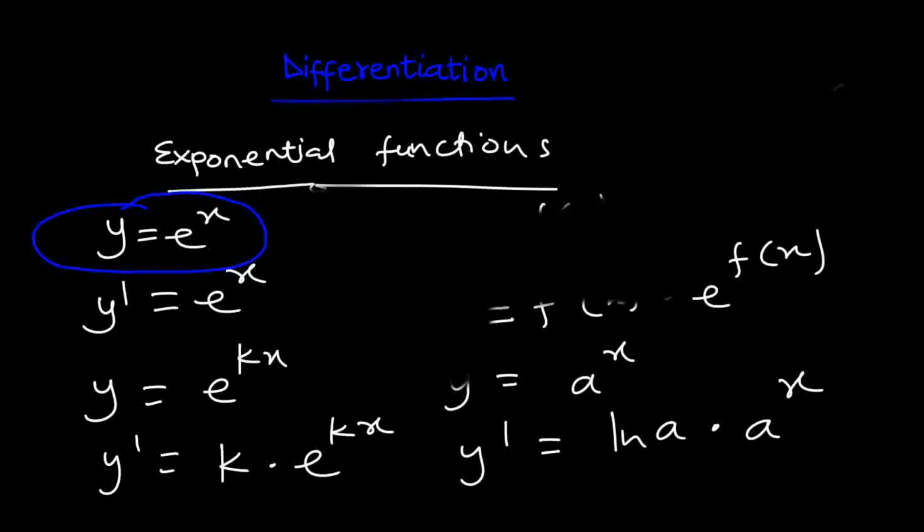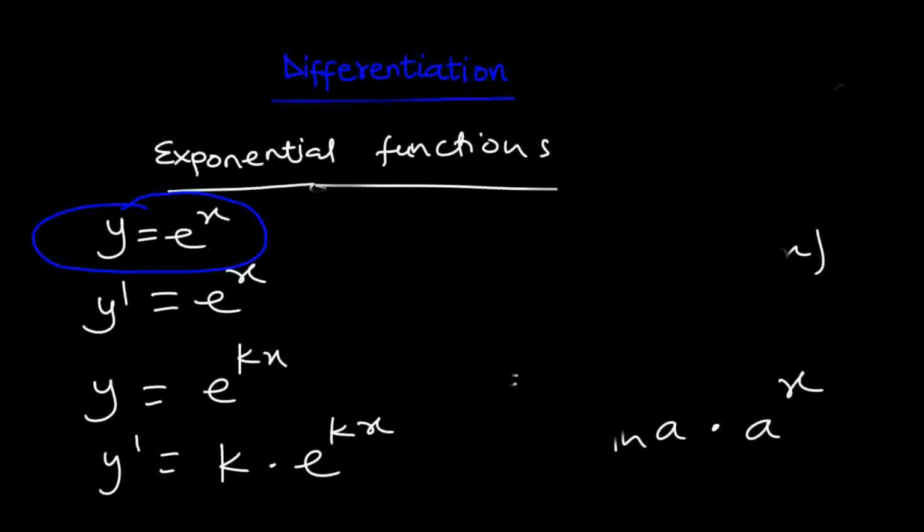Okay, so we are going to look at the reason why the derivative of e to the power x is the same as e to the power x. To do this, I'll take y to be equal to e to the power x. Now I'll take the natural logarithm of both sides. So that'll be the natural log of